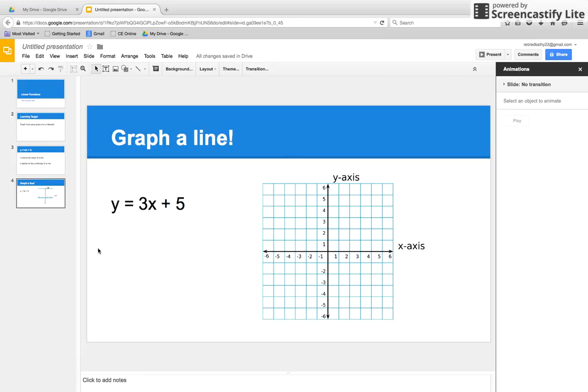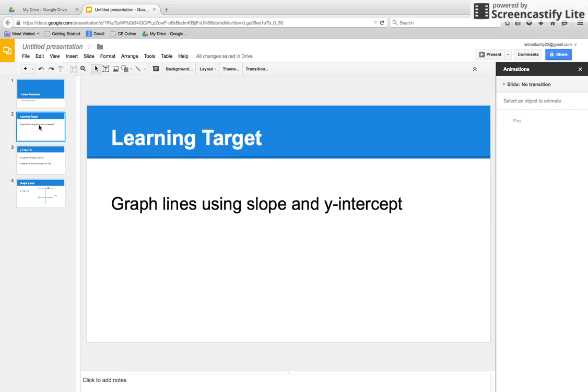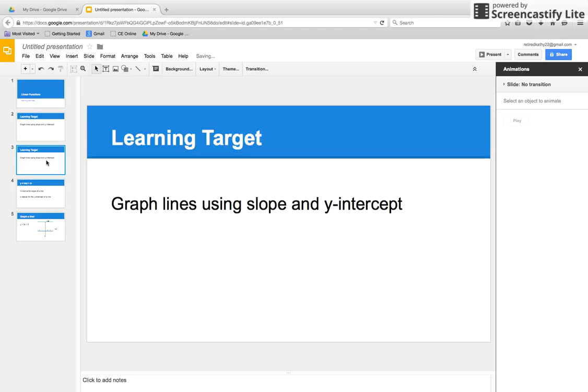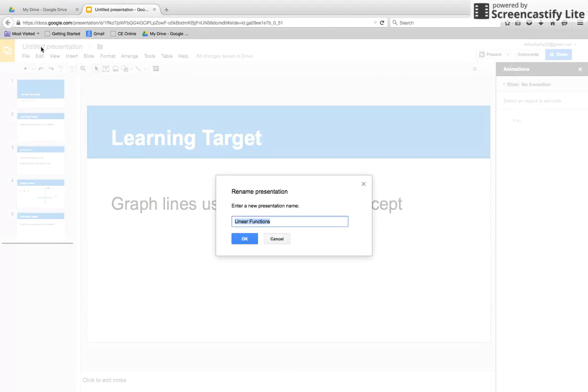Obviously, I could go through and add several more examples or more clarification. And at the end of my lessons, I like to revisit the learning target. So if I select the learning target slide, instead of retyping it later in the presentation, I can choose to duplicate the slide and then just take the duplicated slide and move it to the end of my presentation. A great thing about Google Drive in general is that all changes are automatically saved. The last thing I'm going to do is retitle this presentation. I'll title it linear functions,